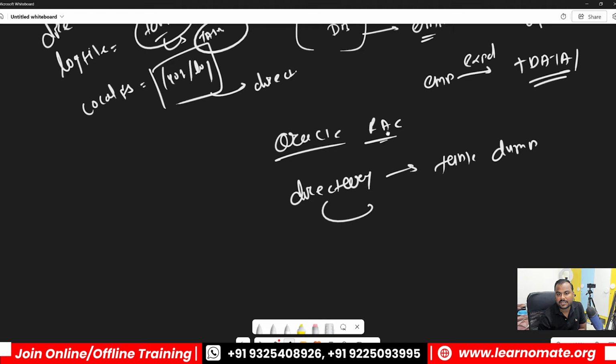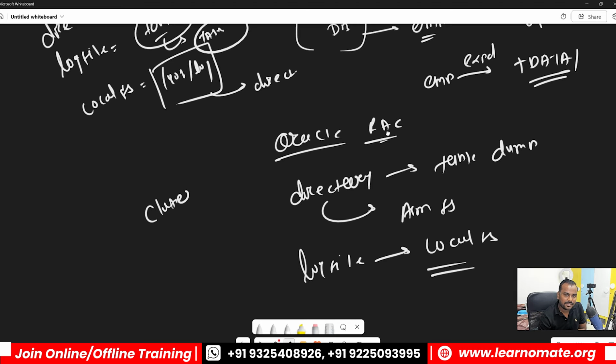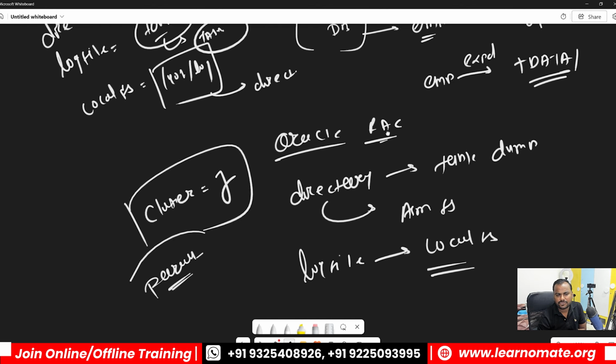This directory should be created under the ASM file system, and your log file will go under the local file system. You can specify cluster=y, and you can take this backup in parallel also if you want to make it much faster. Okay, I know that you have understood it very clearly, and you also want to understand how to take the RMAN backup in an Oracle RAC environment, but for that you just need to